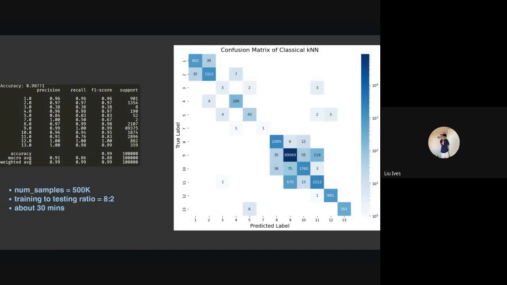Okay, so this is my confusion matrix of running this classical KNN with the KD tree. As you can see, the performance is mostly improved, right? But I ran this model locally, so it can only depend on the CPU instead of the GPU. If you install the CUDA machine learning stuff,